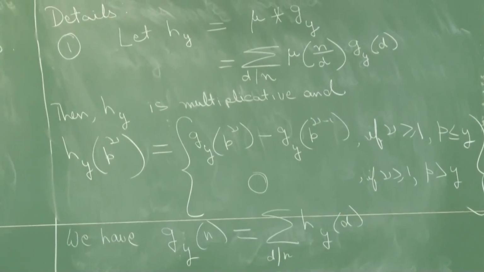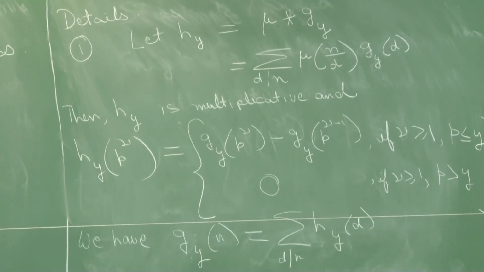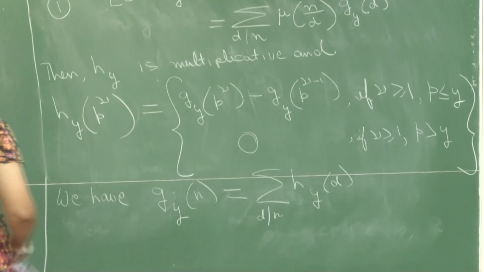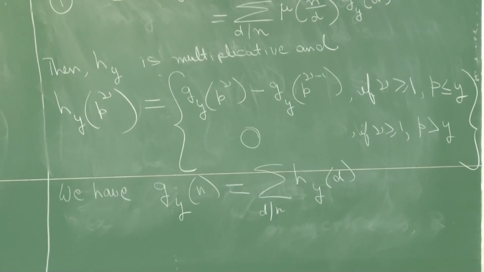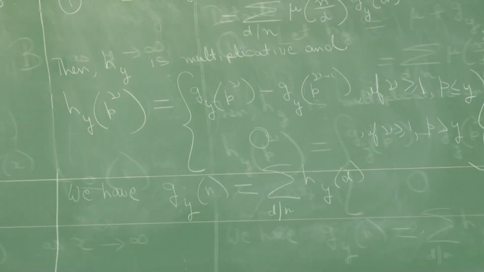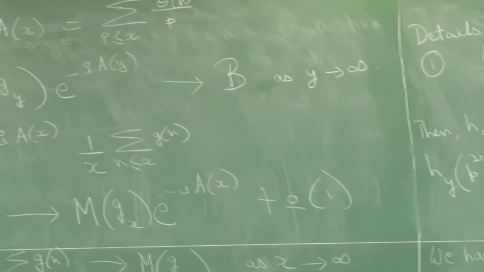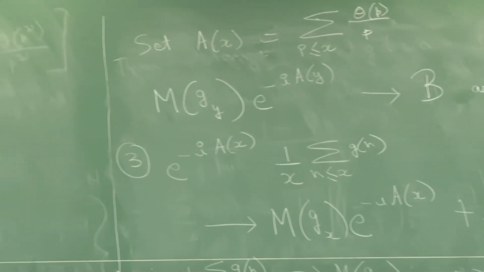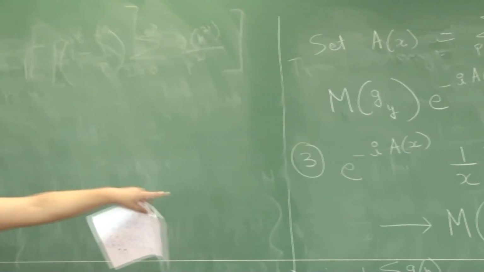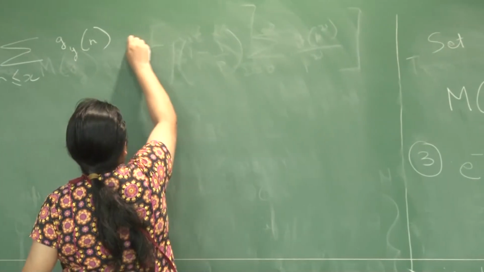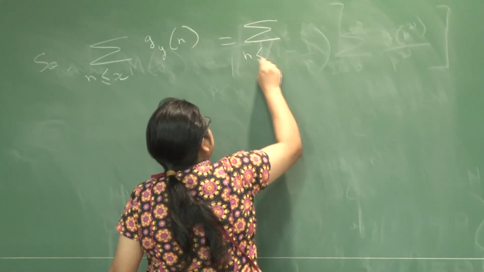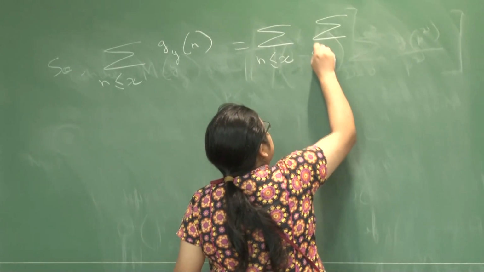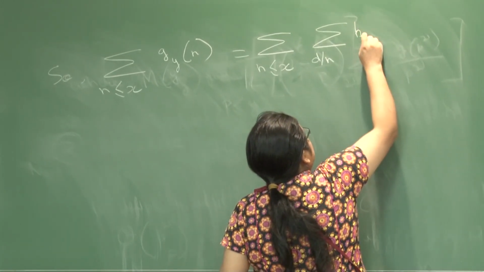So, with this, why is that helpful? By writing g sub y of n in this form, we find a nice simplification for the average order of g that we are looking for. So, it turns out that summation n less than or equal to x g sub y of n, this is a kind of calculation that we've done several times in this course. So, you have an inner sum running over,